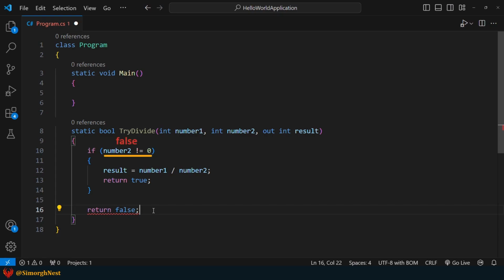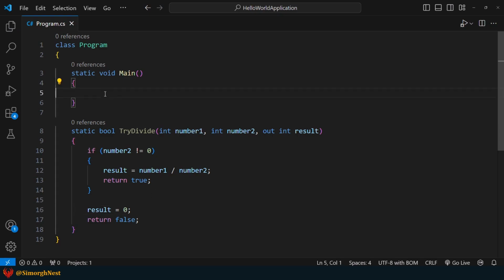In our case, if the condition in the if statement is false, the code will skip the assignment, leaving the out parameter result without a value. This goes against the requirement that all paths in the code must assign a value to the out parameter. To fix this, we can set the value of result to 0, which will ensure the out parameter is always assigned a value regardless of the condition.